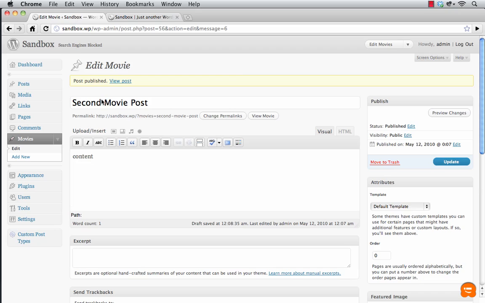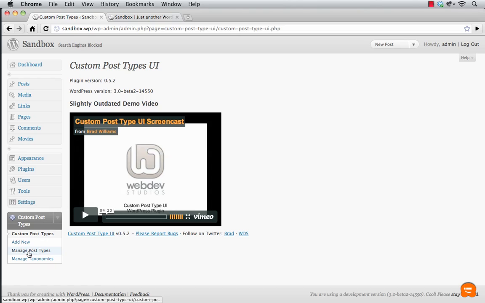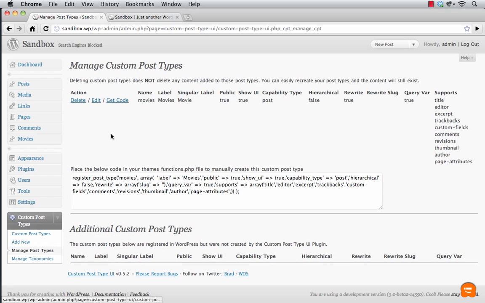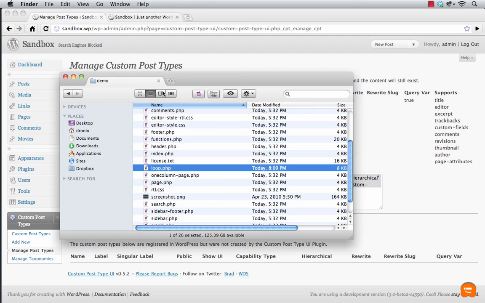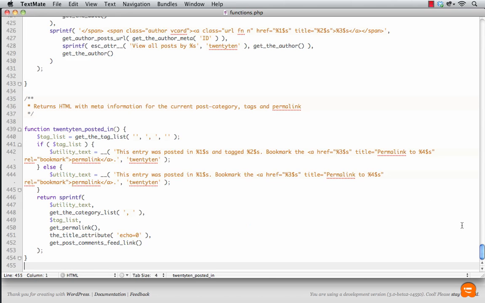Okay, so that's using the plugin. So how can we hard code it into the theme file? Well, conveniently this plugin Custom Post Type UI allows you to grab the code. Let's go to manage post types. From here you click on get code, and there's the code that we can copy and paste into our theme's functions file. Let's copy that, go into the themes folder, open up the functions file, and then at the end of the code